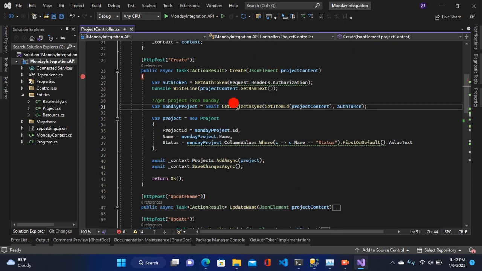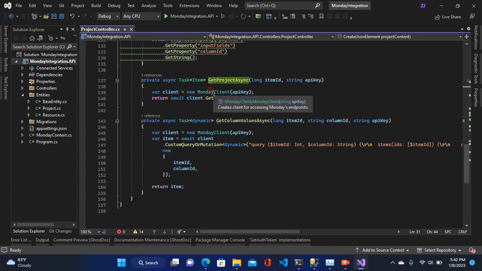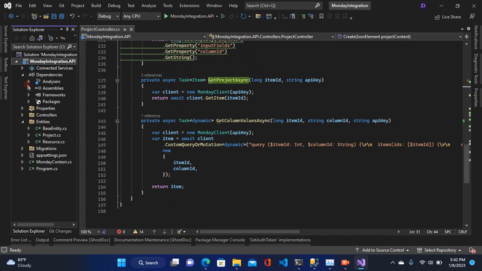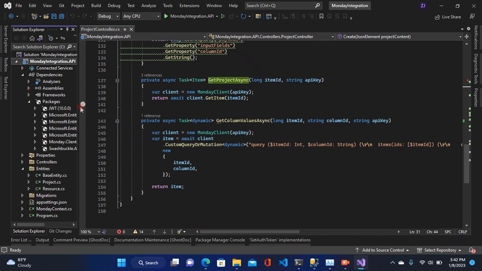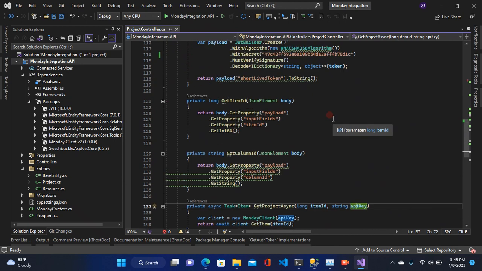Then I have implemented a method called get project async, which uses a monday client NuGet package that I have installed. If you go to NuGet packages, you know the JWT package, which in this recording is version 10, and then monday.client.v2 is the NuGet package which is used to call the monday graph API. I'm passing that API key which was taken from the claim, and then creating a client object, and then passing the item ID, which is the ID of that particular item record that was created in the monday.com board, in order to get the item details. And then I'm returning that back